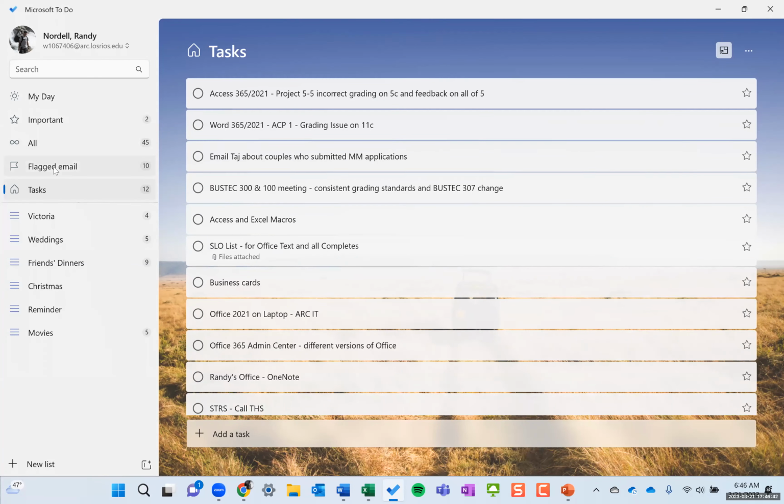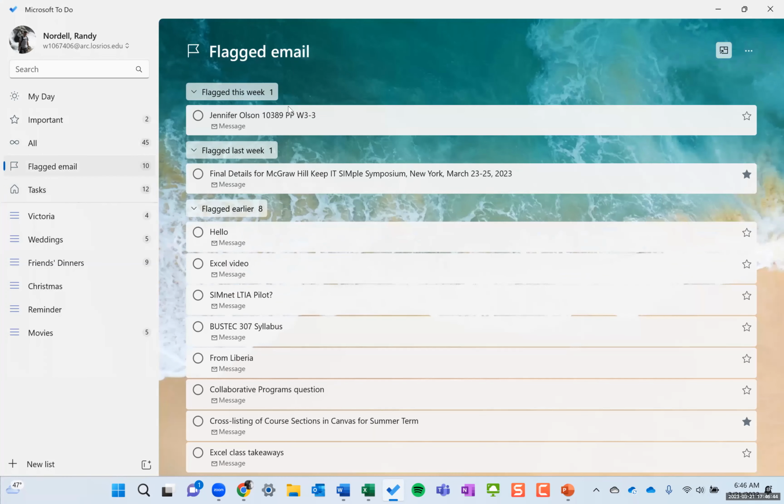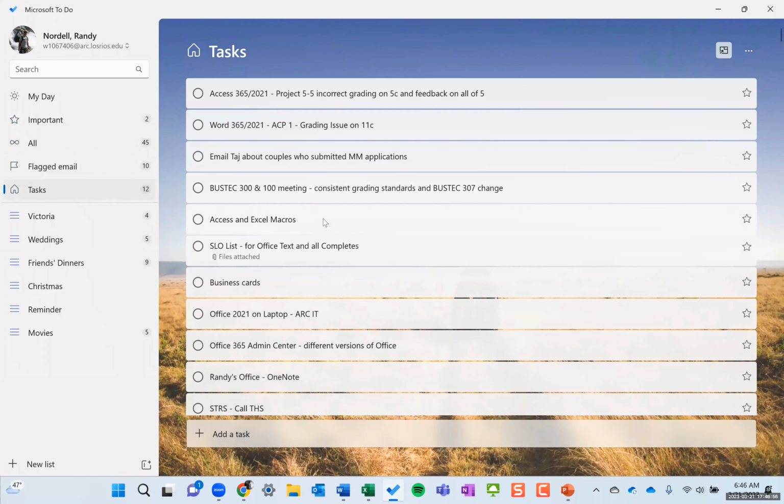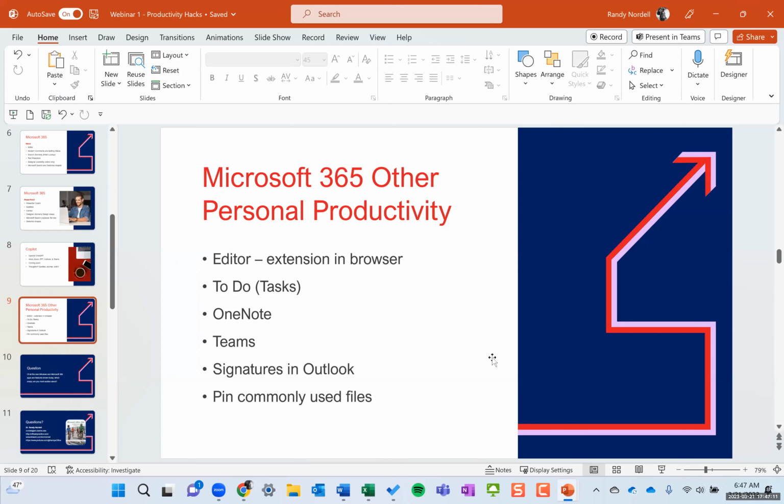I can go by flagged email, so the ones that are flagged in my inbox that I need to follow up with. These are just my tasks, and this is everything all combined together. So it's a really nice app. It's been out for, I don't know, a year and a half, 2 years now, and the app on the phone is really nice as well. So play around with To Do. I think you'll like that. And again, it's tied in with your Outlook. Well, I guess I am going to have to open up Outlook